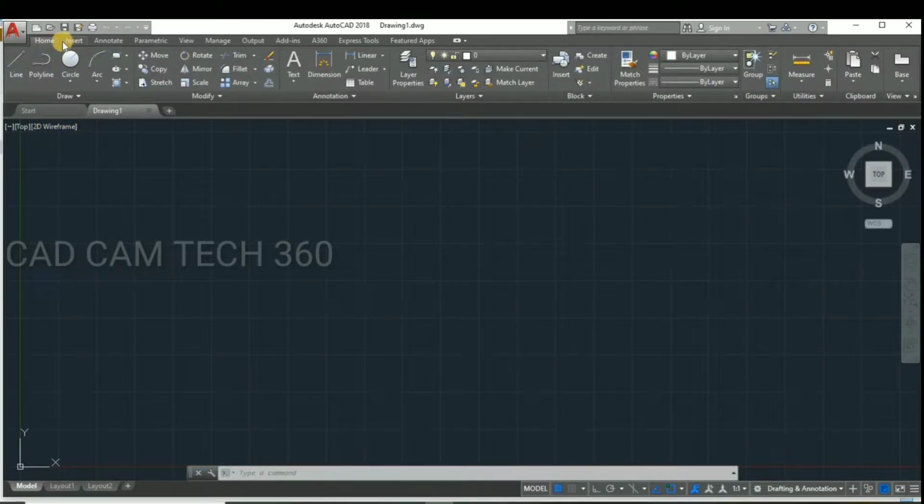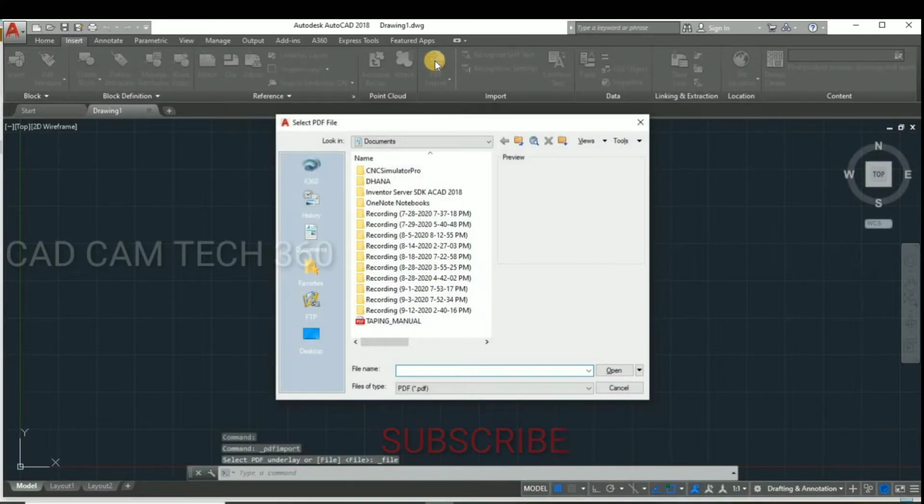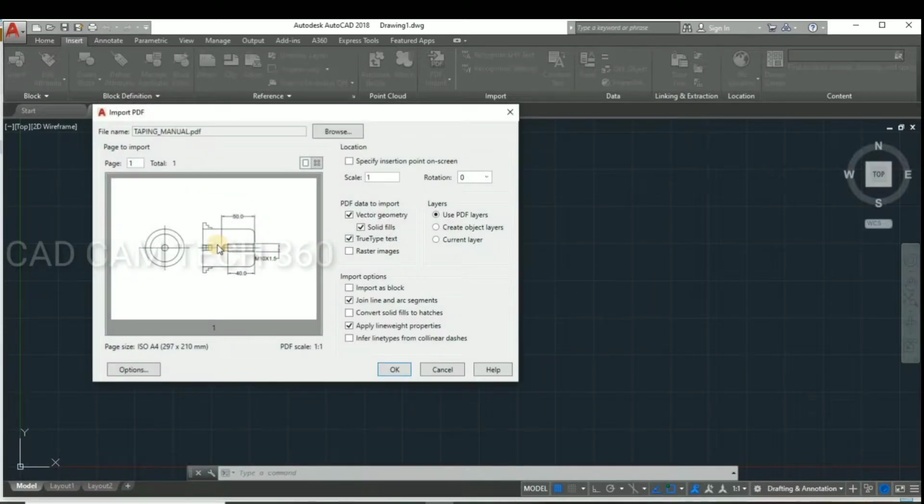Okay, go to insert and select here PDF import. This is a PDF file. I select this, open. Here so many options are there. The scale is 1:1, and angle I'm going to give 0 degree. This is 1:1,